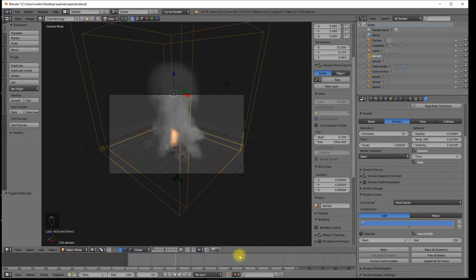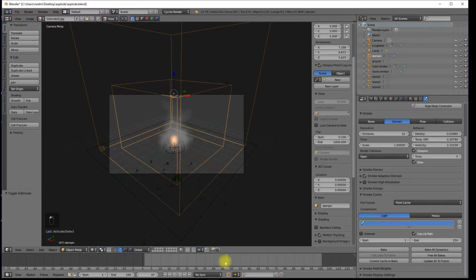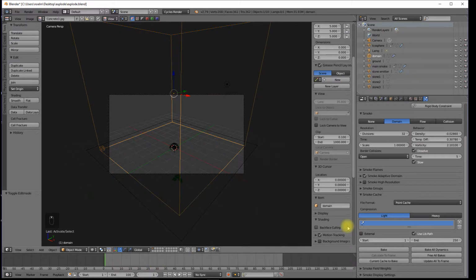So, first thing is our simulation is only 100 frames long, but it's set up to bake for 250, so we need to change that to match our simulation, otherwise we'll be baking frames that we don't need. It'll bake to the same directory that we've saved in, so it's important that we do that. I'm going to save now,